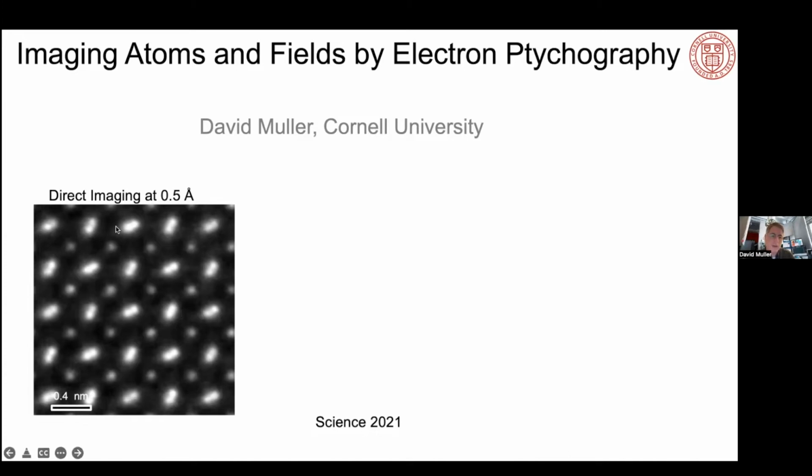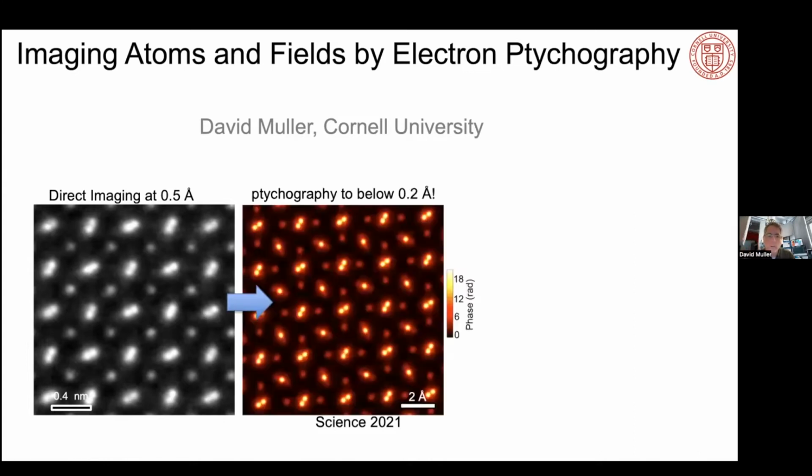And so I'm showing you here a direct image of a crystal of praseodymium scandate. What I want to talk about today is the ptychography on that particular material and some other materials as well, where we've improved the resolution. And in fact, it turns out that instrumental blur is now below 20 picometers. And I'll show you some of the fun things that lets us actually image, which includes effectively looking at